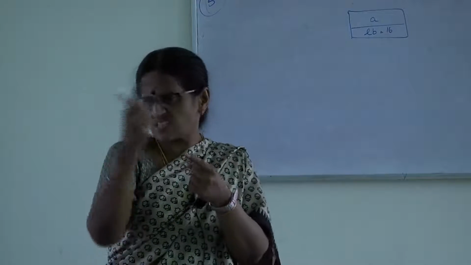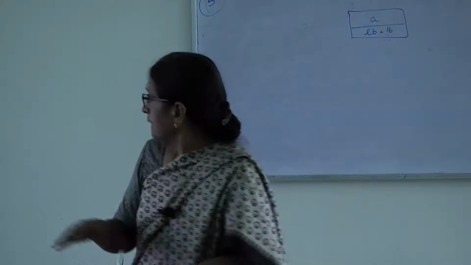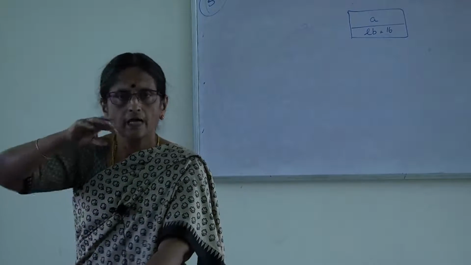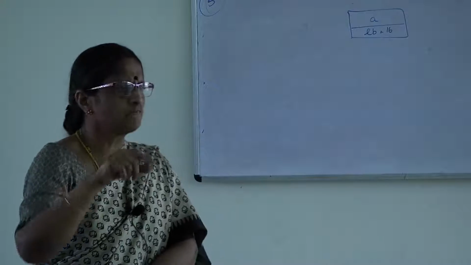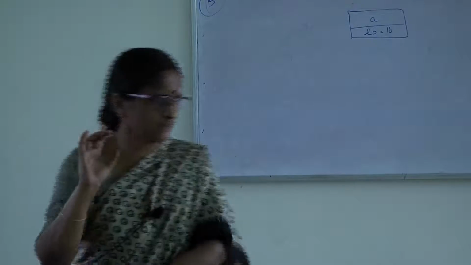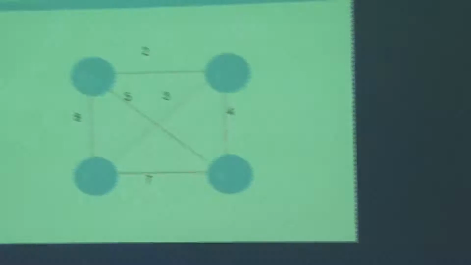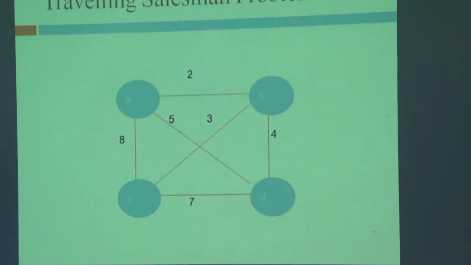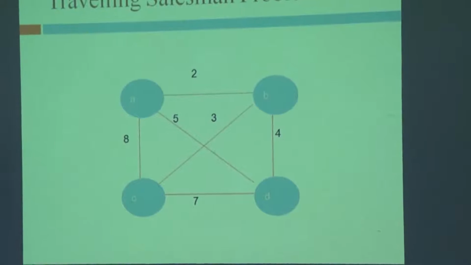Okay. Another assumption is you can start anywhere. You can start at A, B, C, D. Another thing is, I don't want to look at the same cycle again. It's an undirected graph. Okay. So one cycle could be A, B, D, C, A. The same cycle is A, C, D, B, A. You will get the same value. Are you understanding? It's an undirected graph. So this cycle also is the same cycle. So the value is not going to change. So we don't want to look at duplicate cycles.